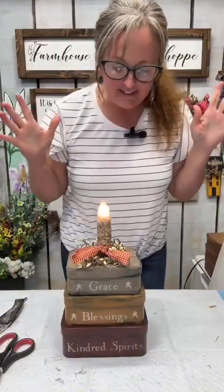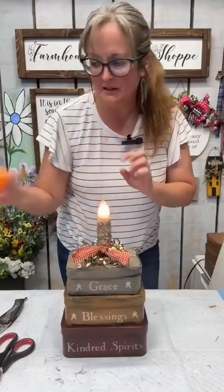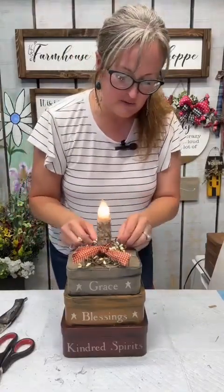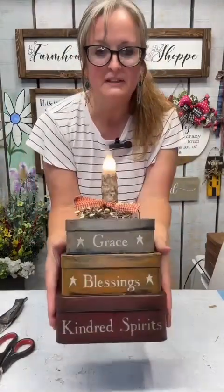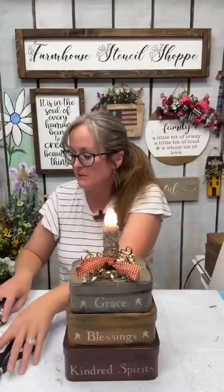There we go. What do you guys think? That was just one of those little Halloween lights. It had the little pumpkin on the top and stuff, and now it's this cute little primitive lamp, and we did it. Okay, I'm gonna pull up my chair for a second because I want to show you this